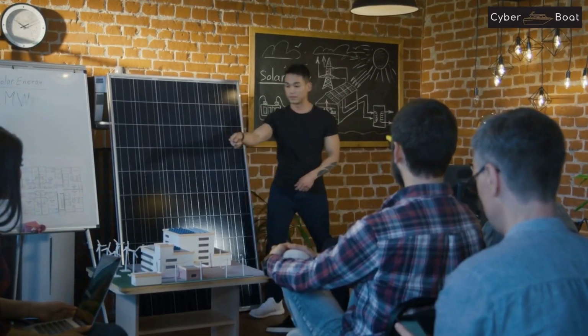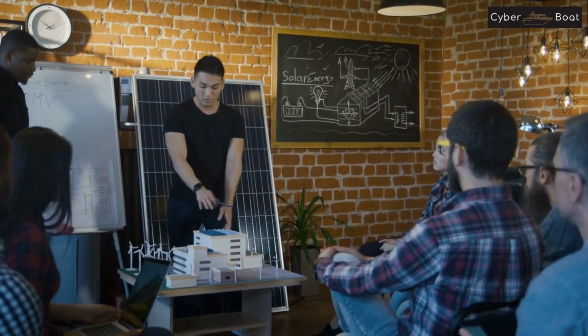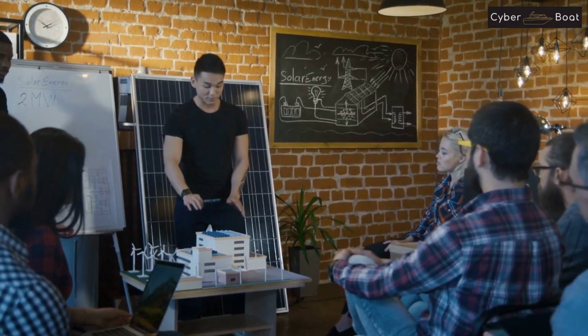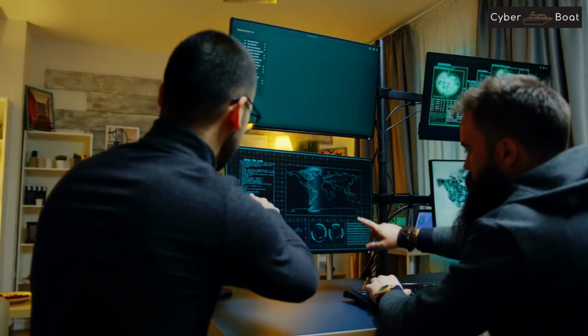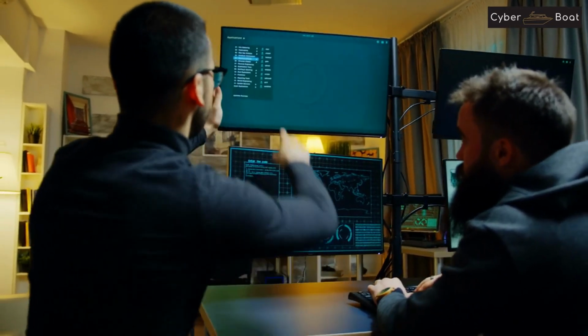Tools and technology that can be used to support the development and implementation of a CBCP include business continuity planning software, which can help to document and manage the organization's CBCP, risk management software, which can be used to assess and track the organization's cyber risks, and incident management software, which can help to manage and track incident response and recovery activities.